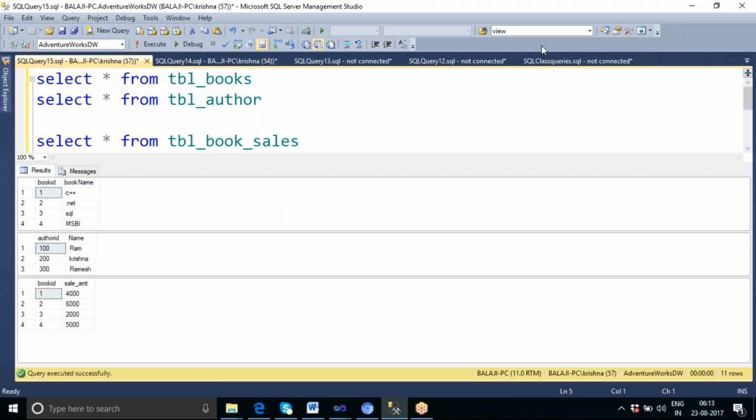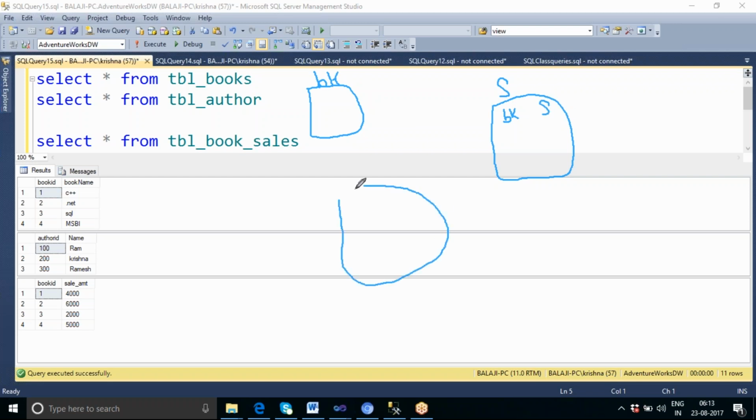Now I have a book table. Now I have the sales table, in which I have the book ID and sale amount. And I have the authors table.